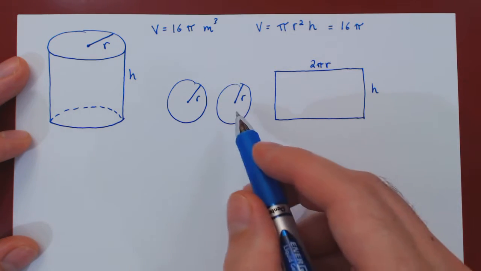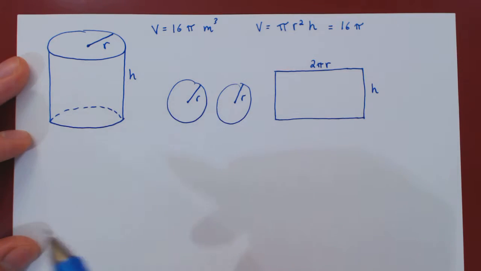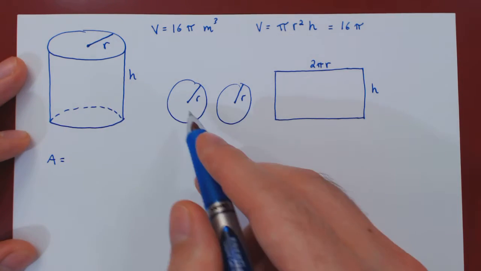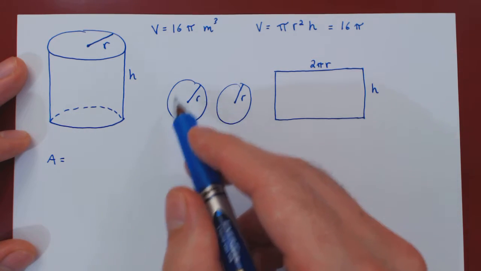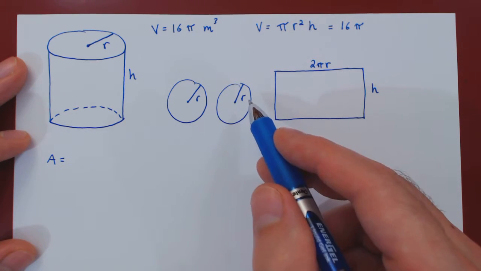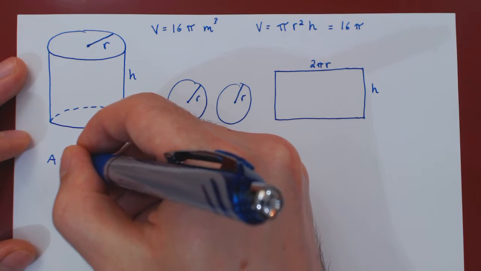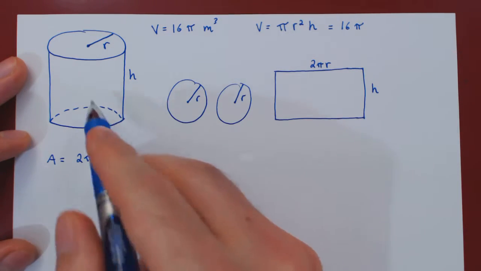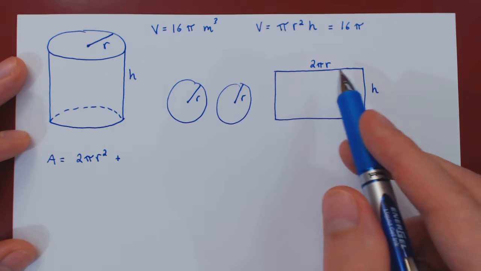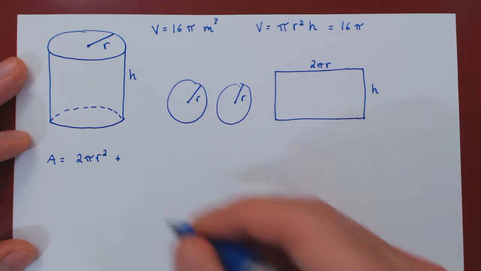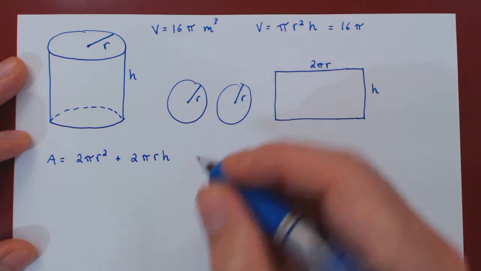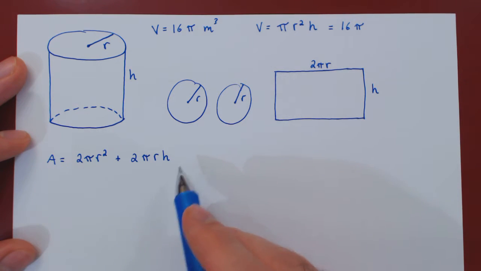And now we can find the surface area of our cylindrical tank quite easily, right? The surface area is the area of the two circles, so pi r squared plus pi r squared, therefore 2 pi r squared, plus of course the area of the body, which is 2 pi r times h. So now we have our objective function,